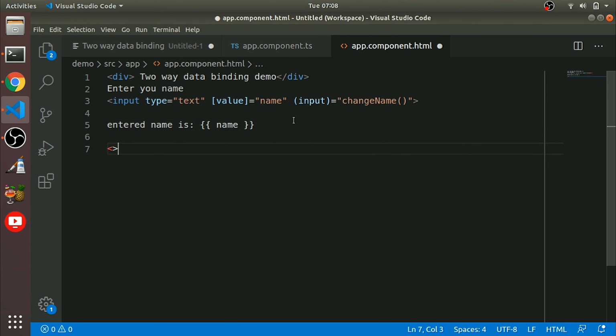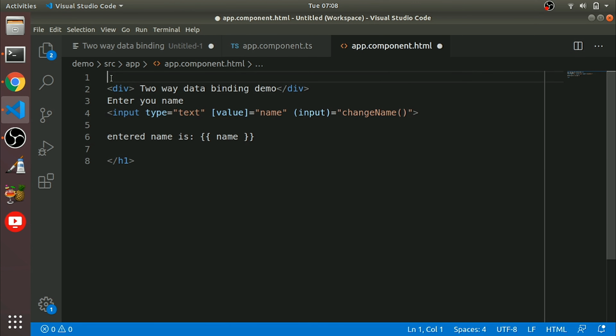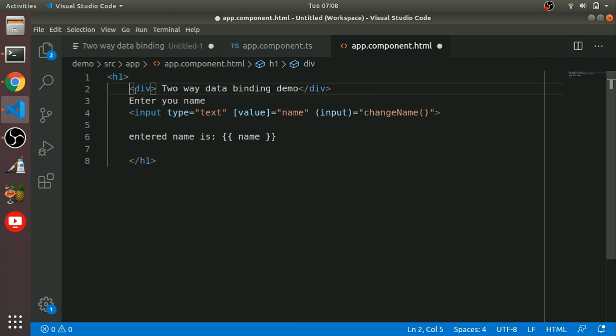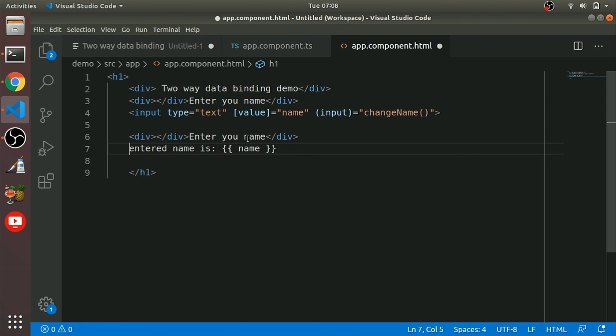For better visibility, I will put those things inside one h1 tag: two-way data binding, then enter your name, then input type text, then the entered name is like this.